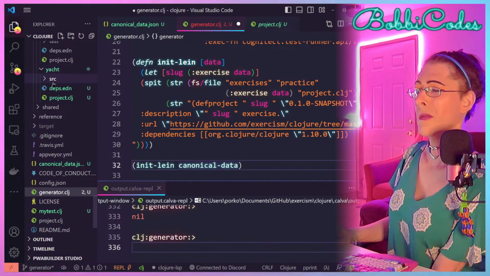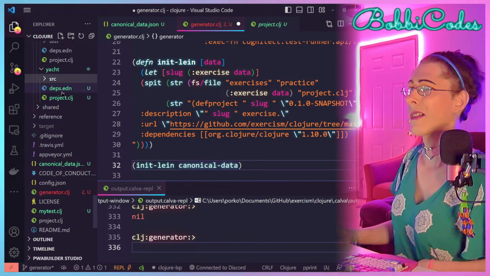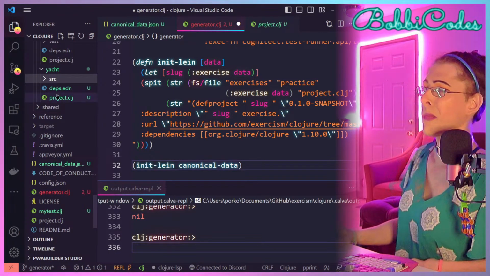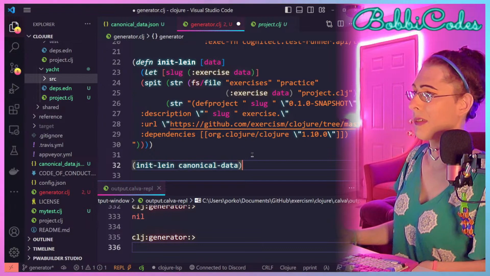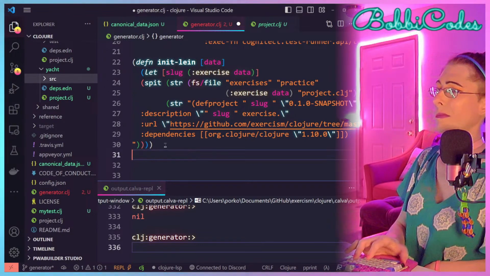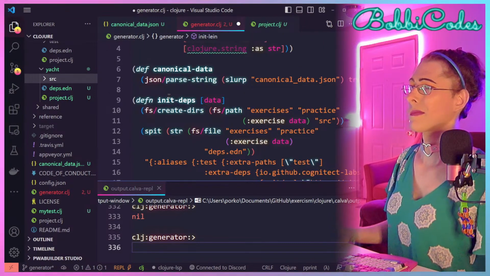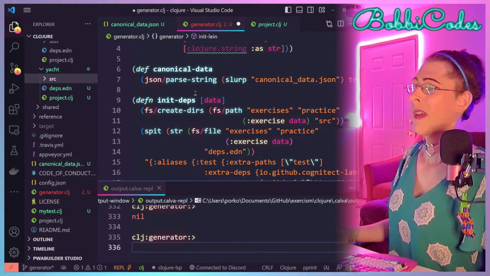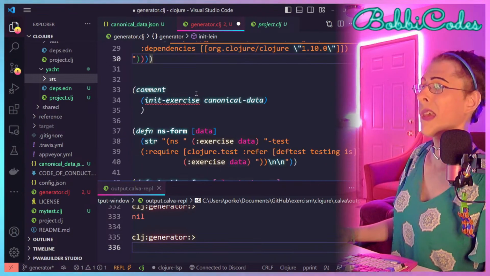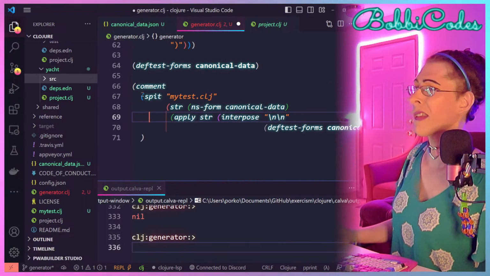So then we have the source directory. We're going to make the test directory. And it'll do that in the same function that makes the test suite, which will be something like this.